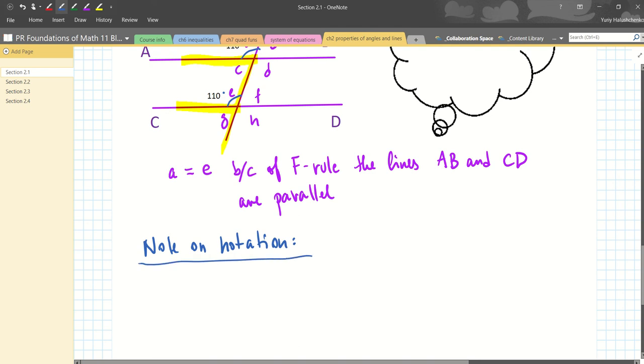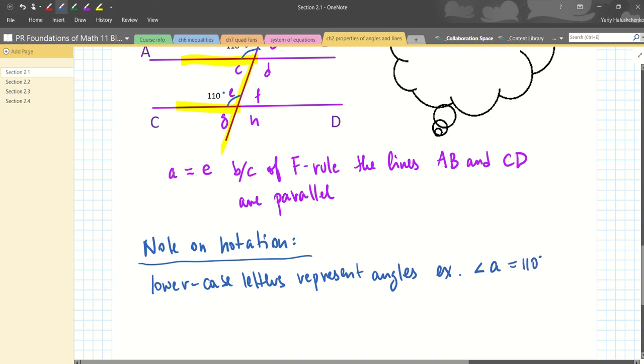If you see lowercase letters, these will represent angles. For example, you can say angle A